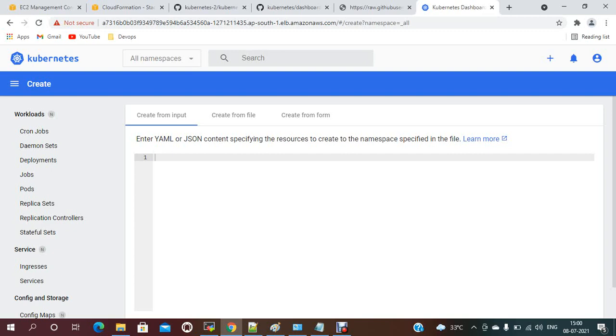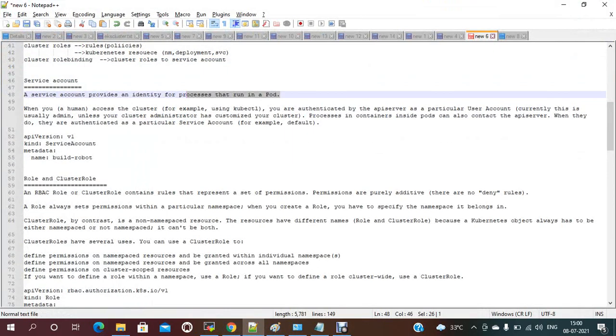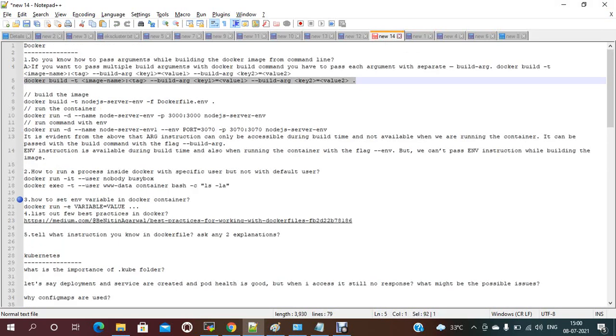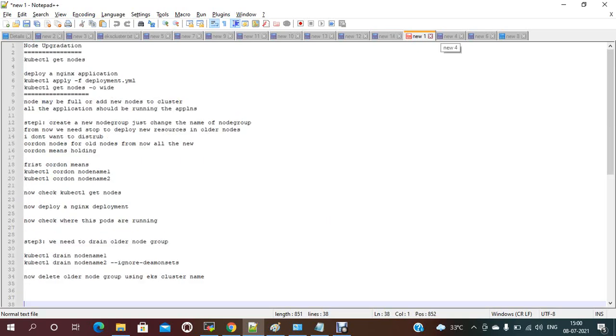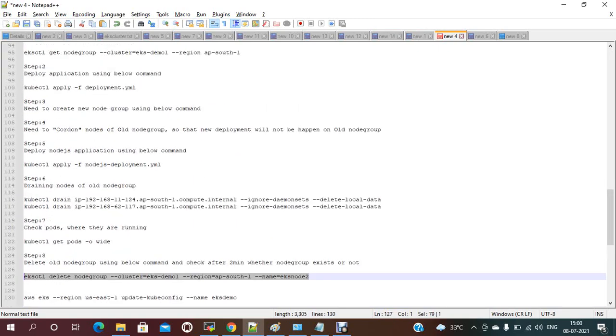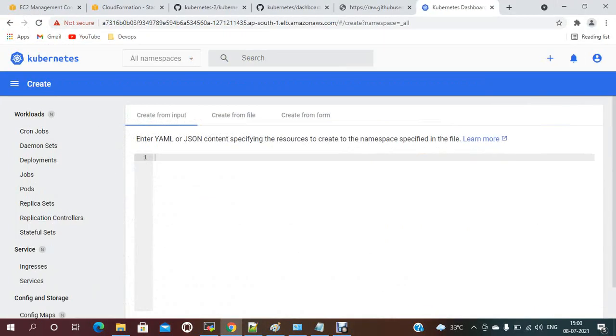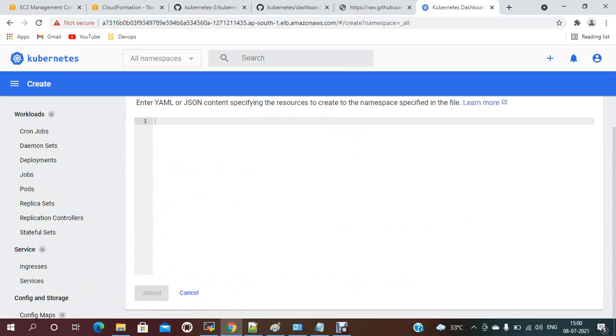And suppose I want to create some services, you can provide the YAML file and get that one, some service file. So you can directly paste that file and get it from here.